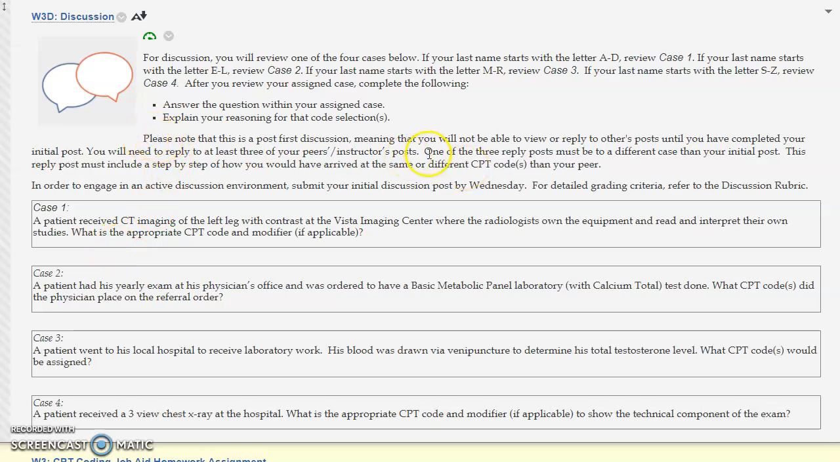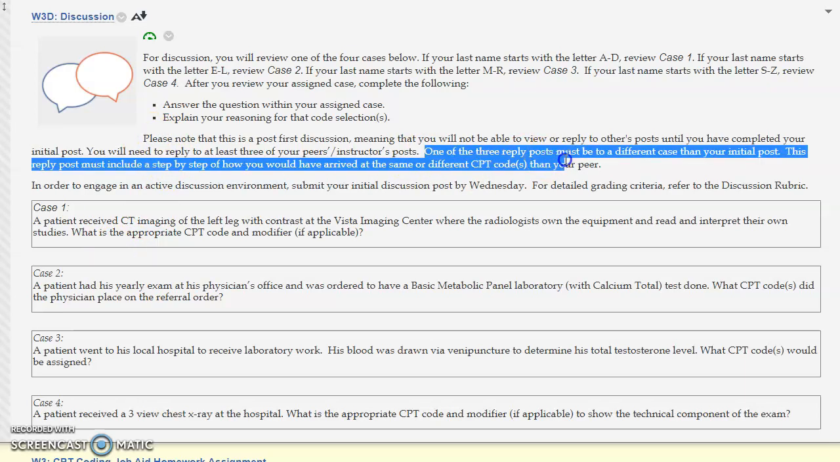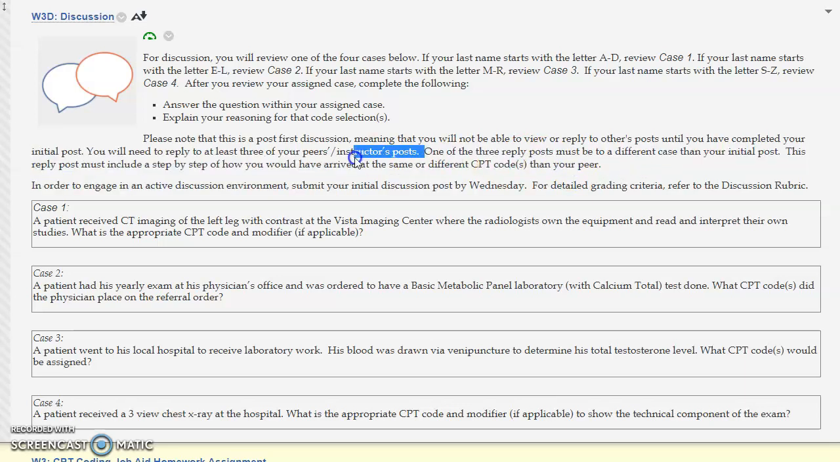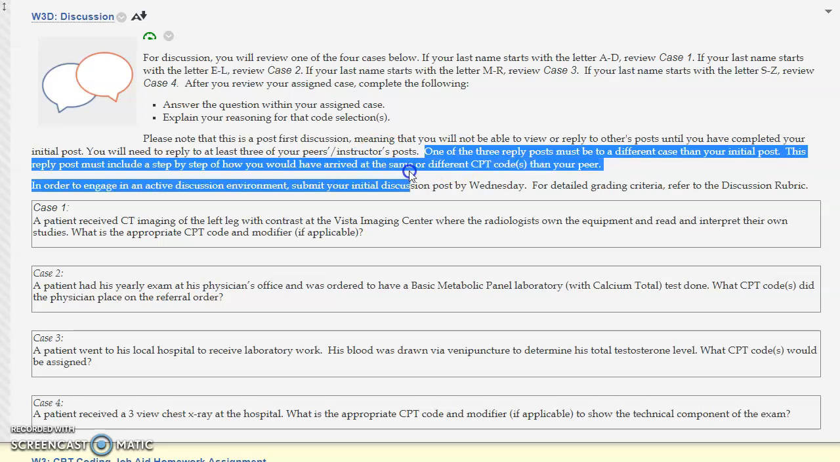Please also note this right here. One of the 3 replies must be a different scenario case than your initial post. The reply must include a step-by-step of how you arrived at the same or different CPT code than your peer. So if I did case 1, for one of 3 of my replies, I'm going to do a different case than my own,